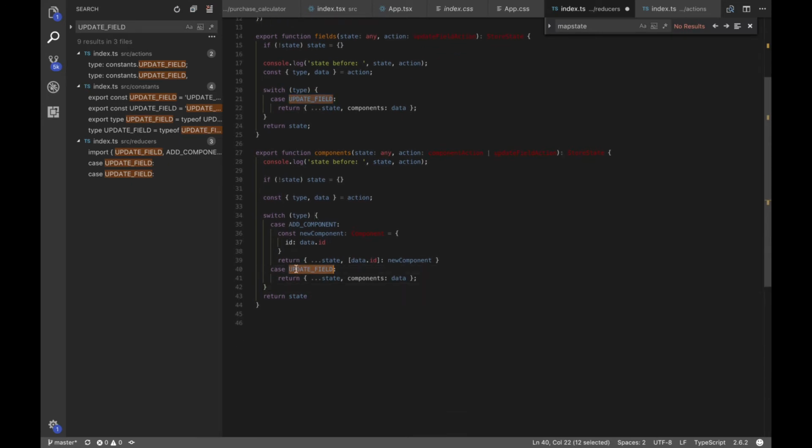Okay, then what do we do? Components should be the destructuring of,